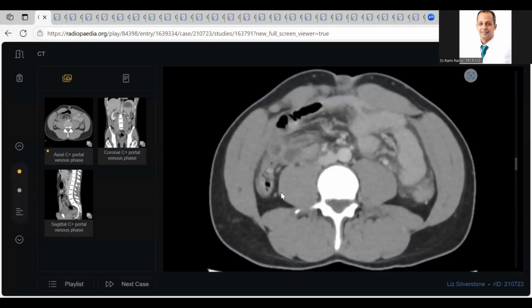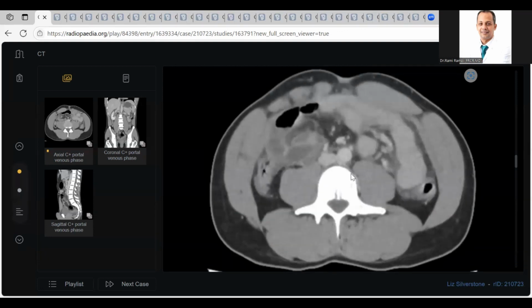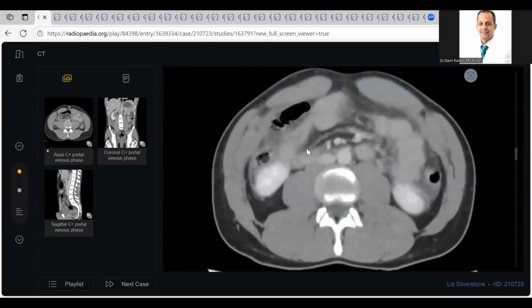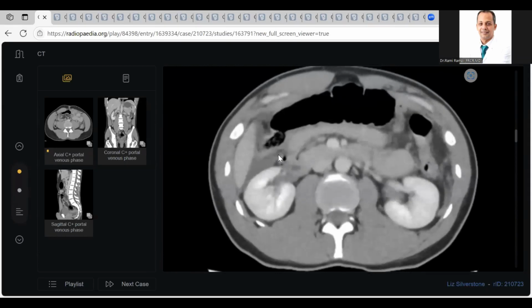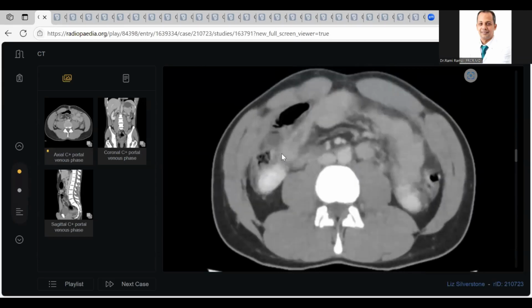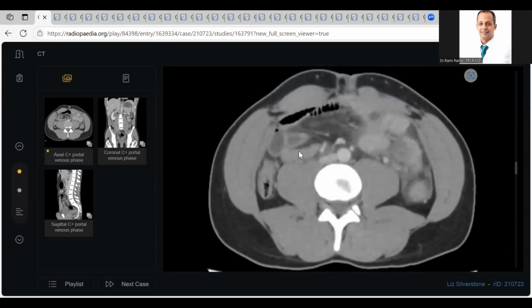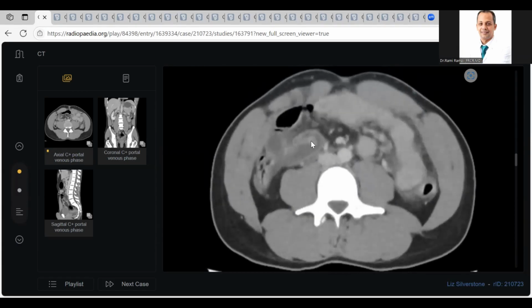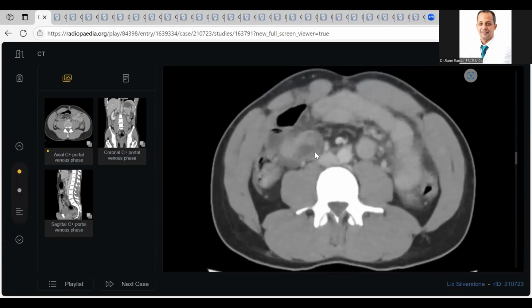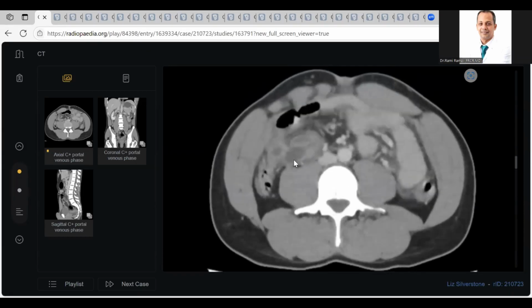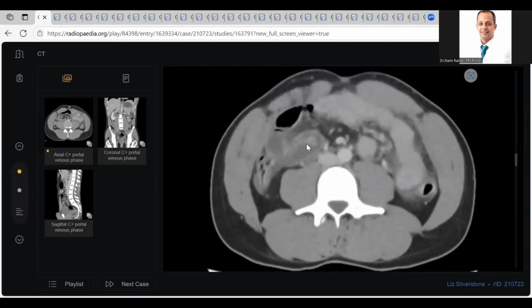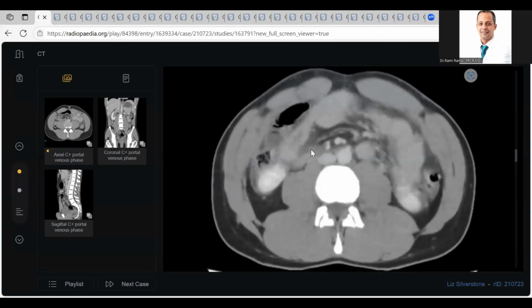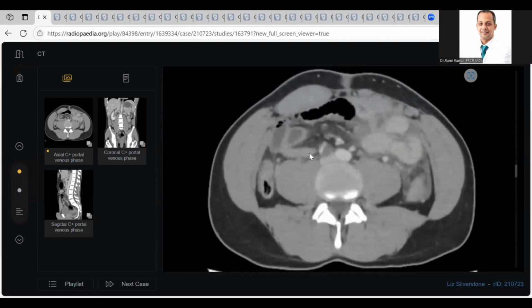Could you follow this hollow viscus? I'm trying. It is not scrolling. I think it is blind-ended. Its wall is thickened, and there is some adjacent fat stranding noted here, and there are a few subcentimeter lymph